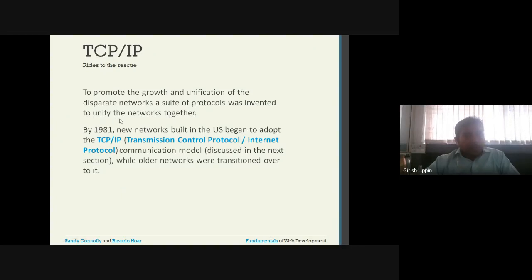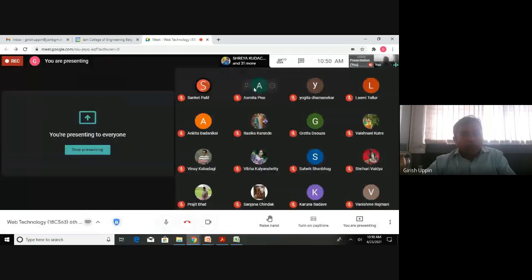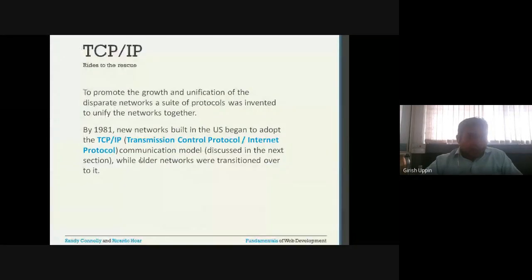TCP is Transmission Control Protocol, and IP is Internet Protocol. The reason is that as the networks were getting bigger and bigger, they wanted unification, because certain things were different in these different networks. They wanted to unify all these networks, which is why they came up with standards.